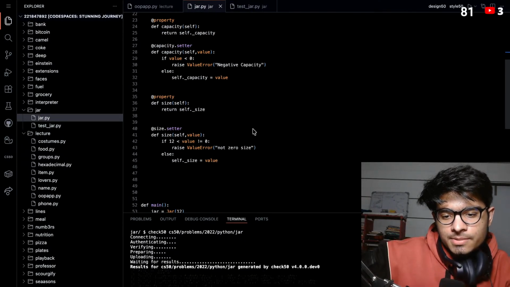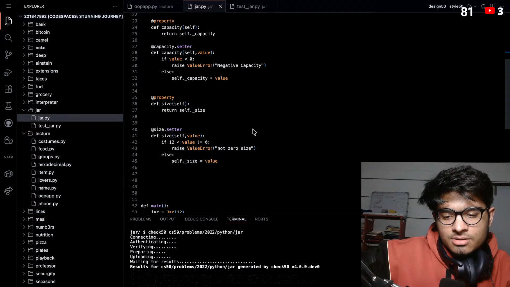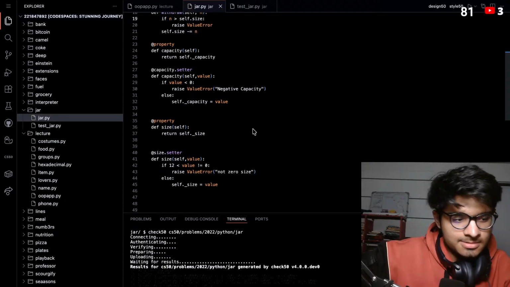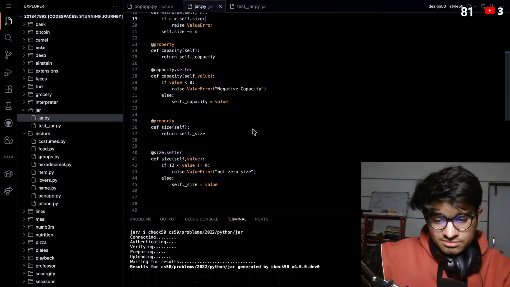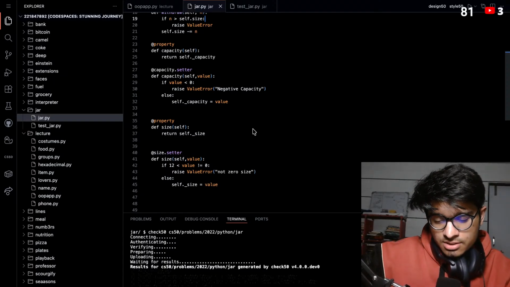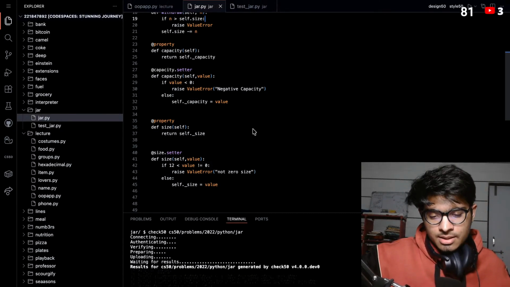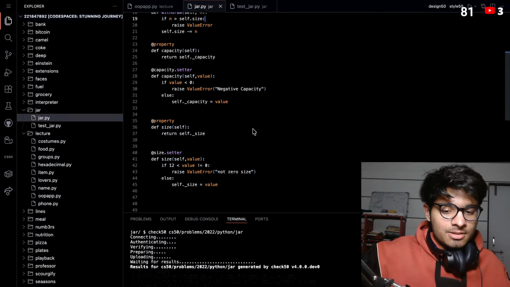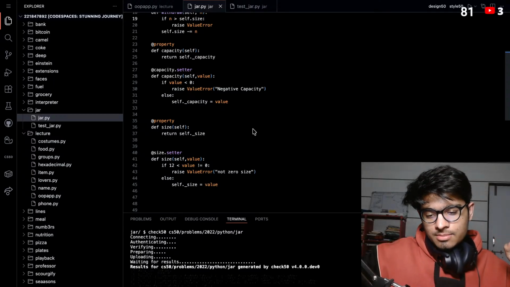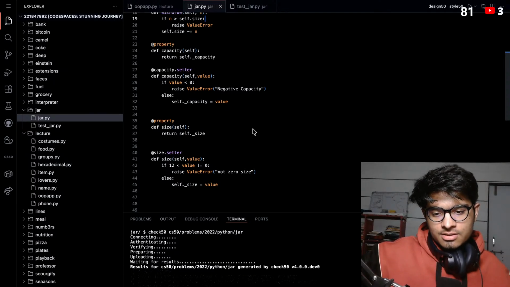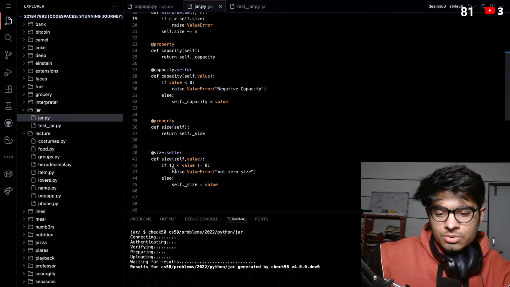See over here. This is the setter for size. This is not the setter for capacity. And our instruction was that the limit for capacity of cookies that there can be in the jar is 12, but it can be anything between 1 to 12. So I need not hard code inside this that the size